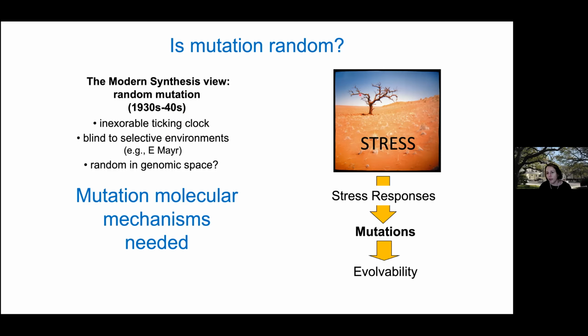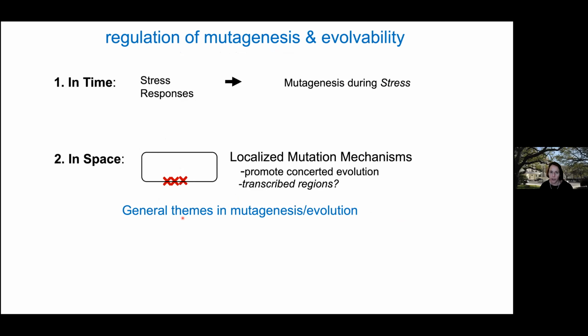I'm going to tell you that instead of that, when cells are put into an environment that's selective, and evolutionary biologists would say, but we molecular biologists would say it's stressing, that environment will activate stress responses that you all know about. And that in addition to protecting the hardware of the cells, these stress responses turn on mutagenesis programs that increase the ability of cells to evolve. And we discovered this by really trying to get into the molecular mechanisms of how the mutations happen.